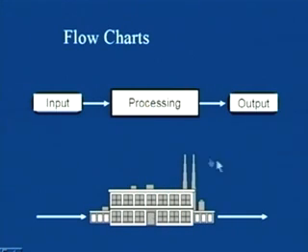If you see this diagram, this is a broad diagram of an industry, where something is input and some output is coming out, and in between the processing is going on, and this is pictorially represented by just some industry figure, something in, something out. So, when we draw the flow chart, we should know the entire processing. Input means the raw material, what the different types of raw material are, then we should know what our finished product is. Once we know these are the input and this is the output, then we start exploring: if we are having 5 types of raw material, what is happening to the first type of raw material when it enters the industry,